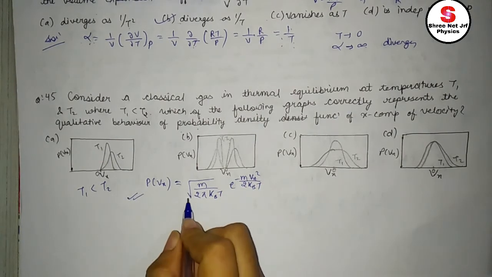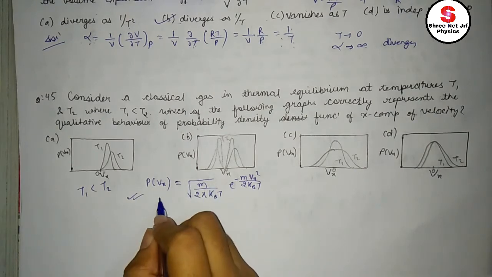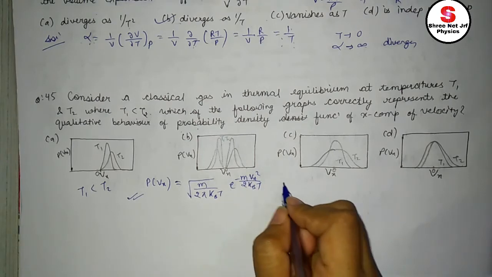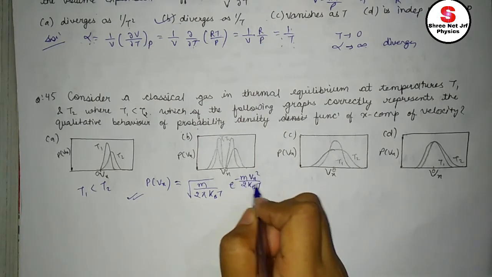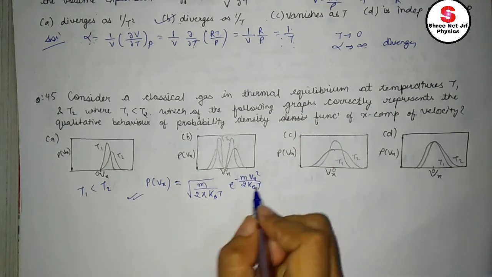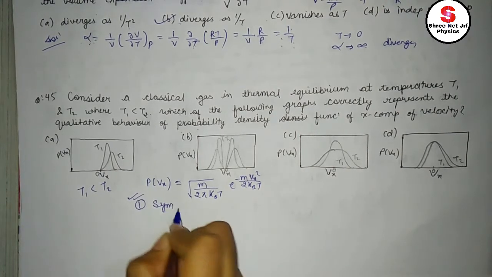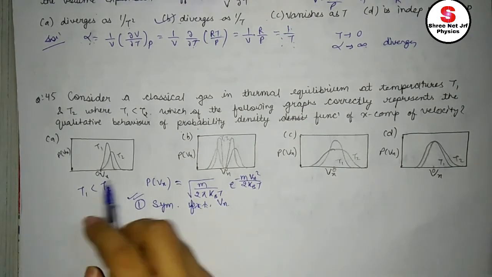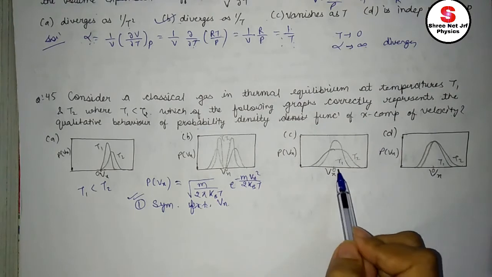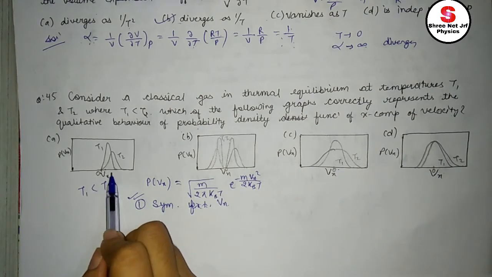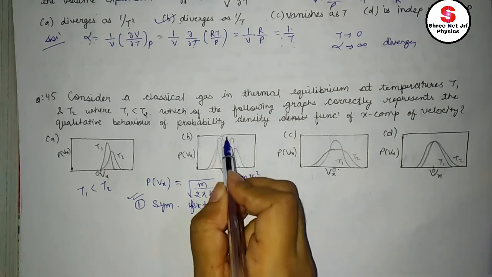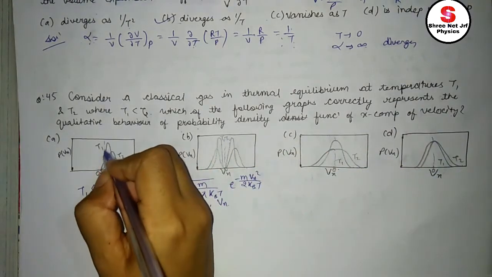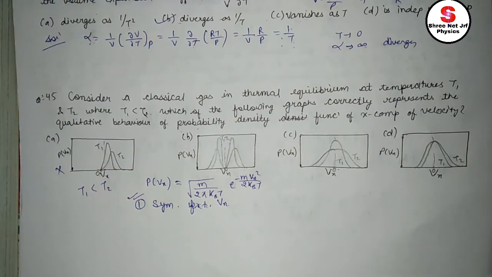First of all, see that here the curve will be symmetric with respect to Vx. We can see through this because here it is Vx squared. That means the curve will be symmetric with respect to Vx. In these four options, three are already symmetric, but this one is not symmetric, because if I draw a line, the others are symmetric, but here it is not. That means this is our wrong option.